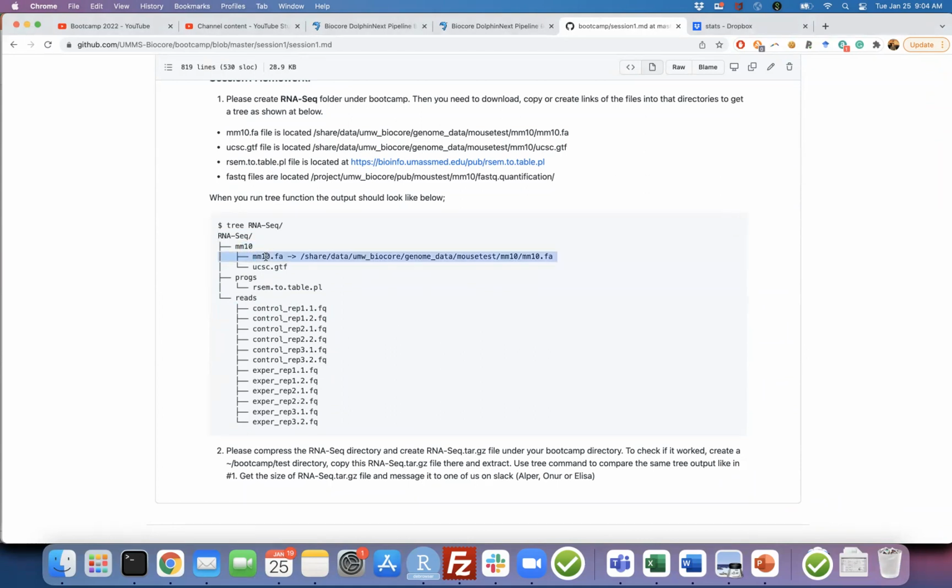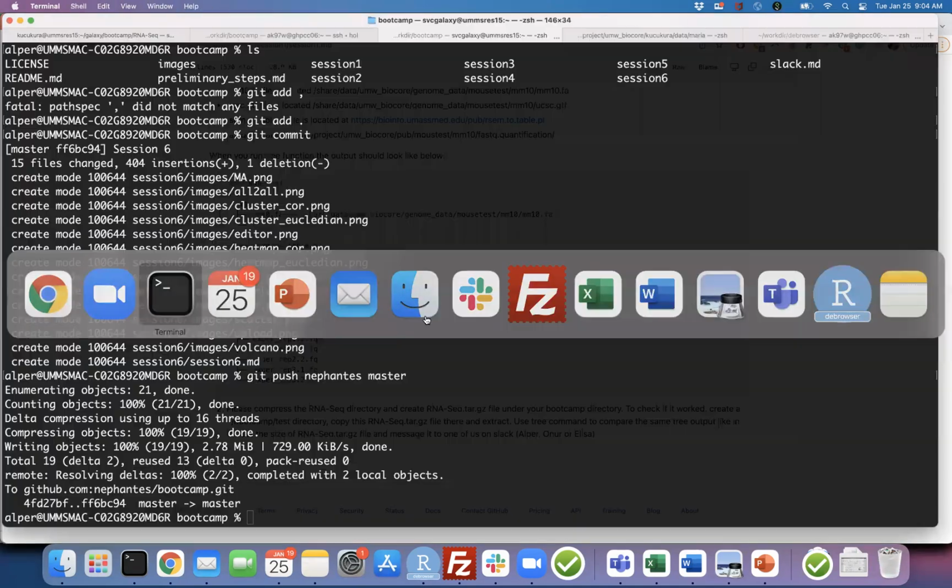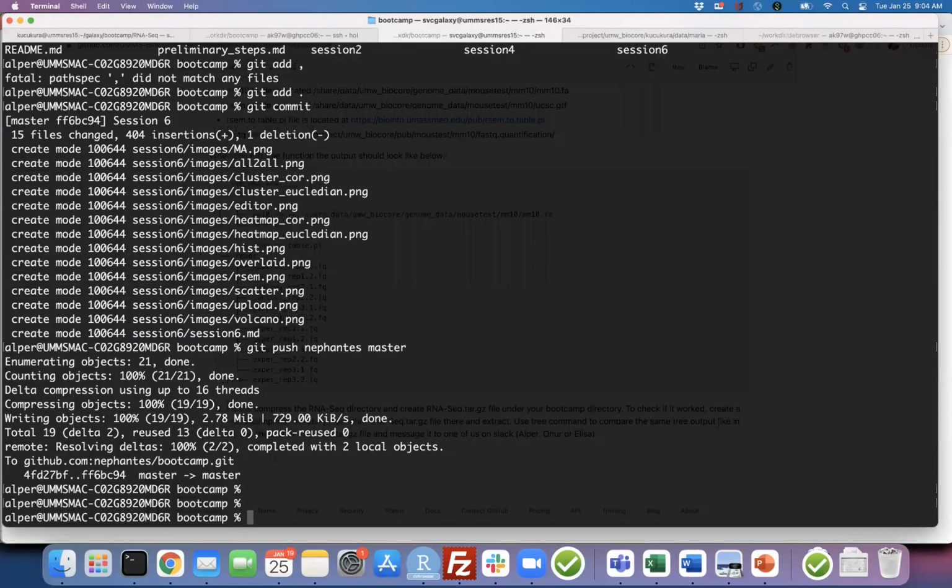Here we copied some of the files. We created links for some of the files here. And we created the directories. So let me do that for you. For example, I'm gonna go to my